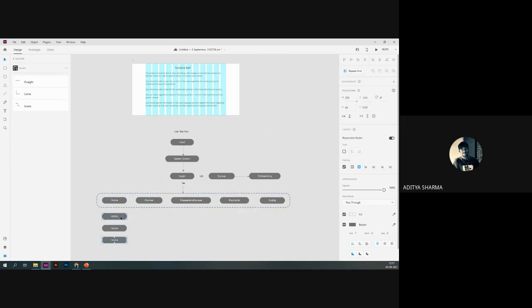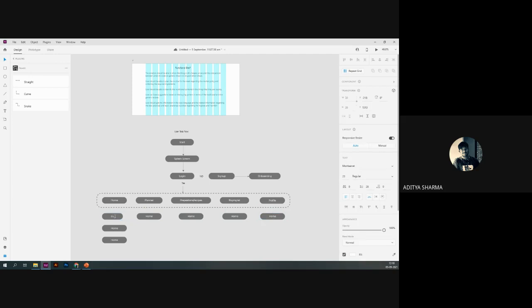What will be the task flow? Let's say what will fall in planner, preparations, buying list, and what will be in profile, right? So in suggestions, it can be